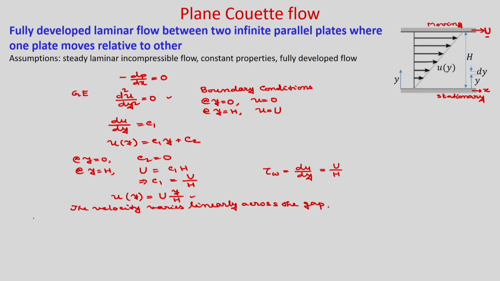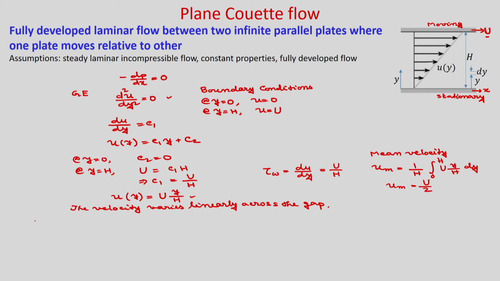So, now if you calculate the skin friction coefficient, what will be your mean velocity? If you calculate the mean velocity, it is 1 by h integral from 0 to h. At a distance y you are taking one elemental flow area, that is dy. So, it will be u into dy, and what is u? u is U into y by h into dy. So, it will be y square by 2, hence it will be just U by 2.